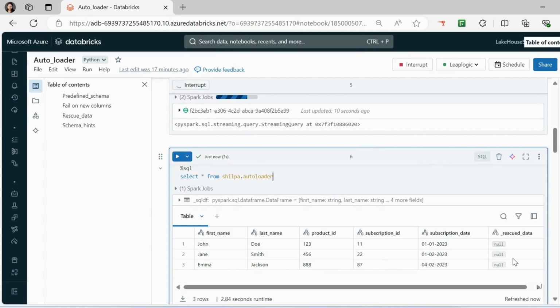So you need to clean up this rescue data column when you are going from raw to silver to gold. In the silver layer itself, you can go ahead and do the transformation to remove this column if you don't need it. This is a very important column. I will explain in the later commands what exactly this does.